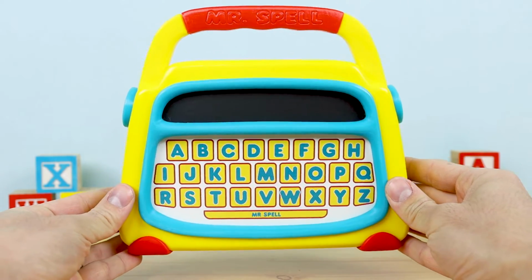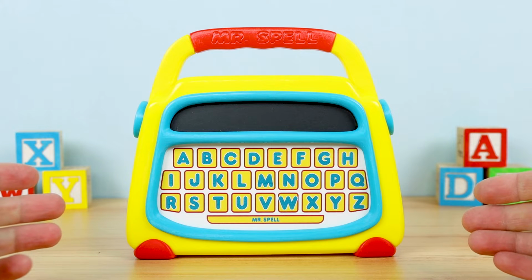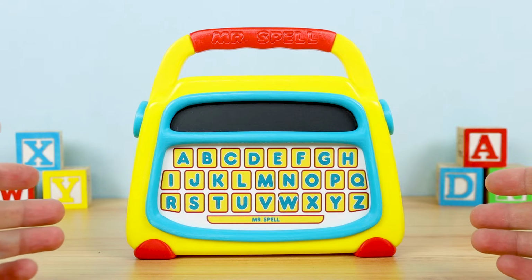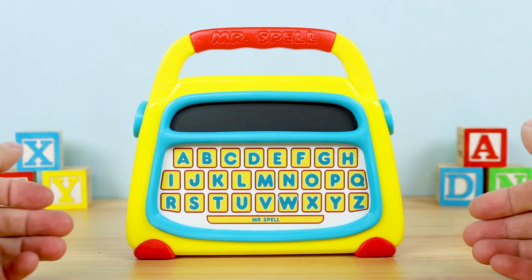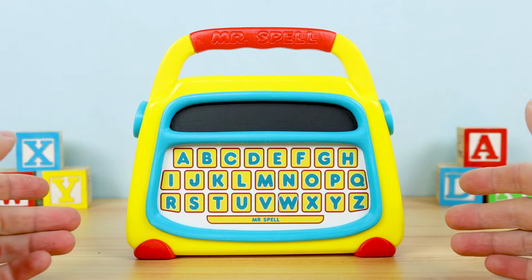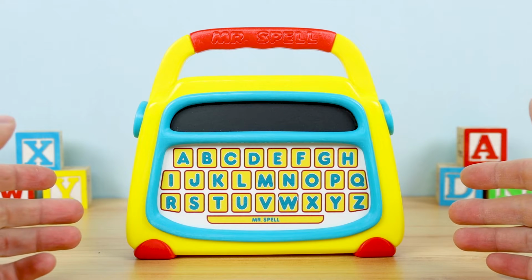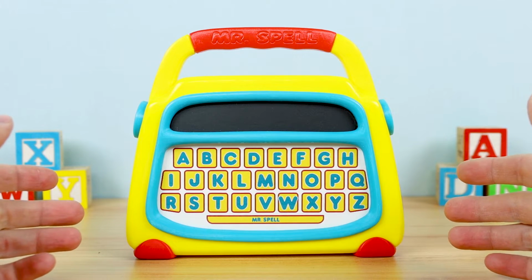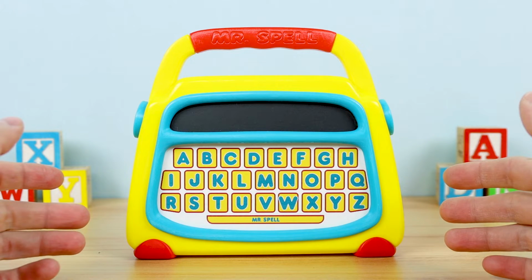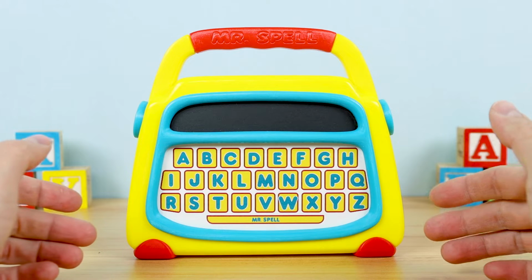I also wanted to show here just how solid Mr. Spell stands. There's even a bit of weight to it, which I love. And yeah, this thing feels and stands really sturdy. The parts are 3D printed and painted very smoothly. All the plastic feels very smooth when you touch it. I'm telling you, you honestly can hardly tell that this isn't professional manufacturer quality. I mean, obviously when you inspect it really close, you can tell that this is custom made, but this is seriously very, very well